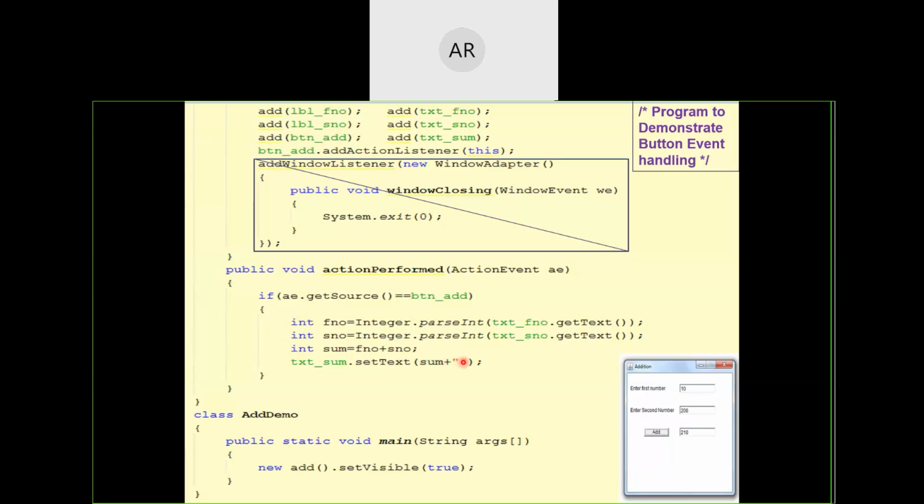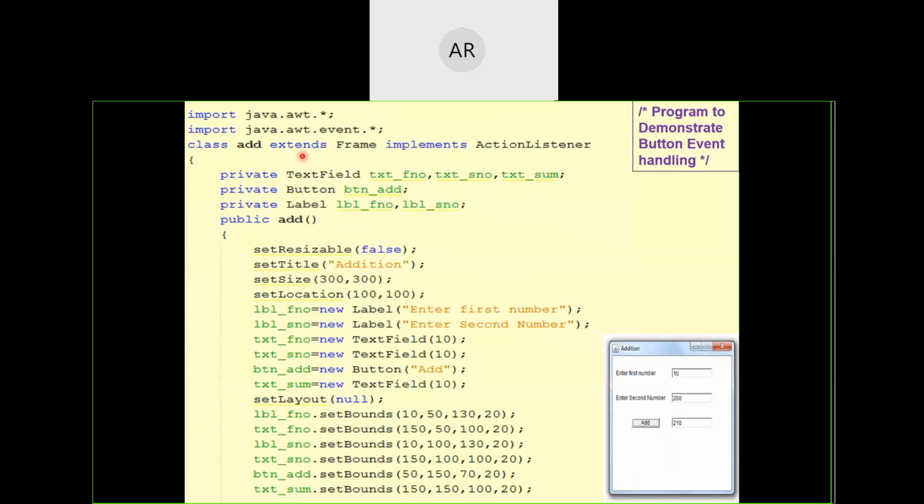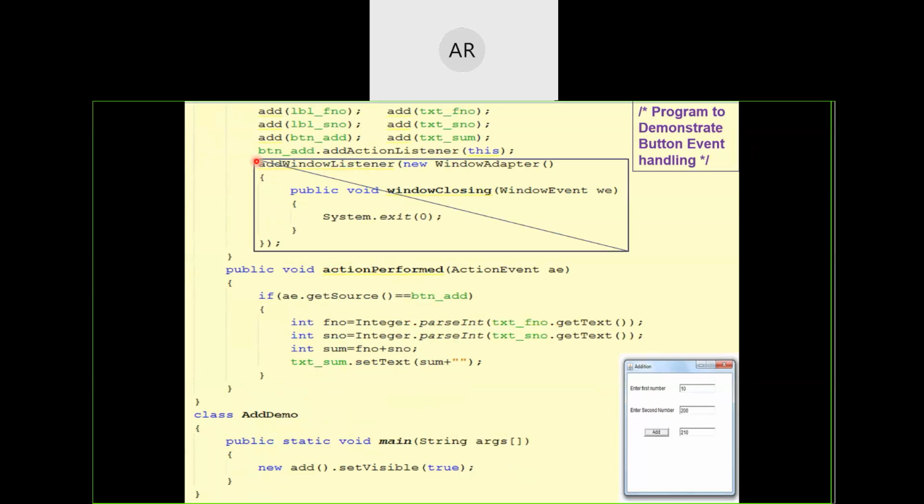Whatever string we pass here is passed to the setText method of the text box, which is a predefined method of the text field. So for the third text field, I'm calling the method setText and passing that sum value. Okay, so till here is the class. Which class? Our frame class, the add frame class. But where are we creating our object? In the new class, the second class.